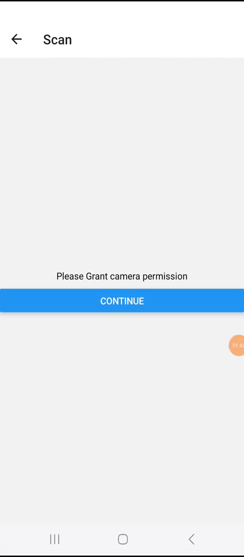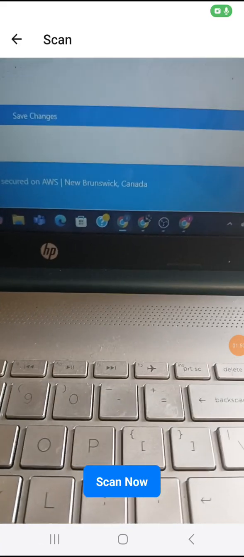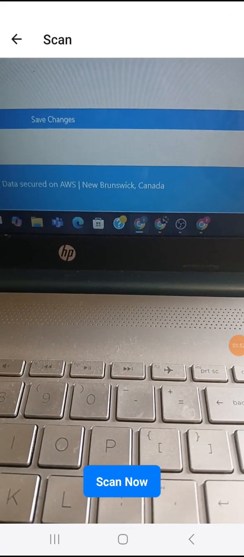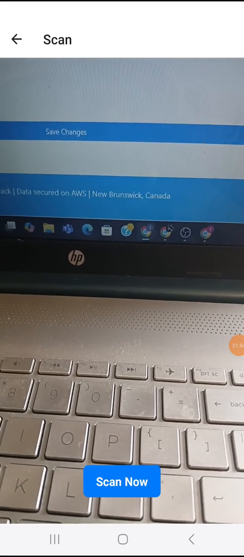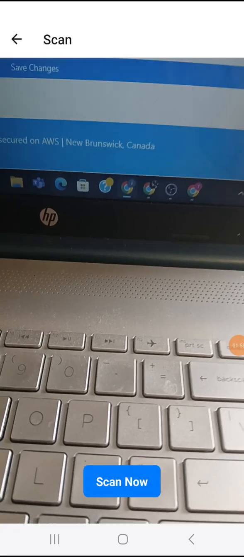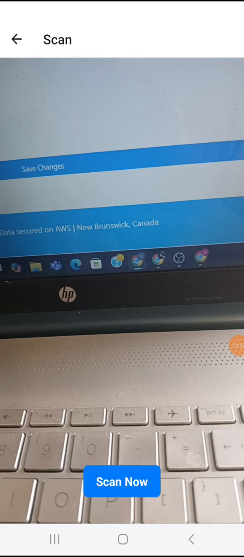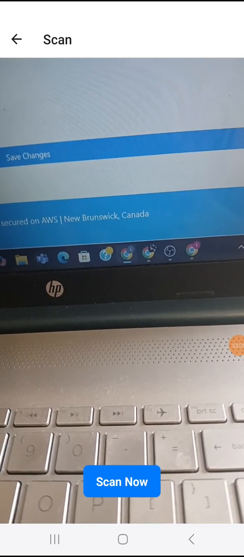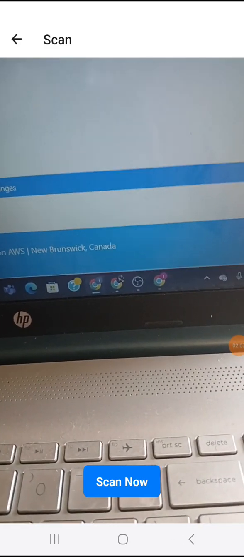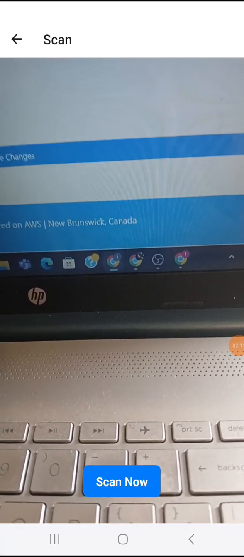It asked me to grant the permission for the camera. Yes, because we will need to scan the QR code that we put on the rack. As I told you, when you create an item, our system will automatically create a QR code for the item, and that QR code you can print it,